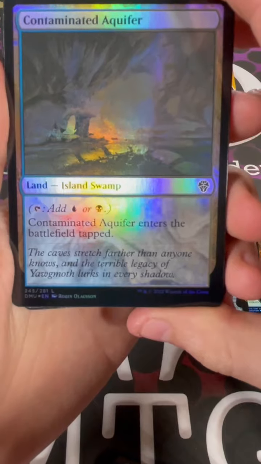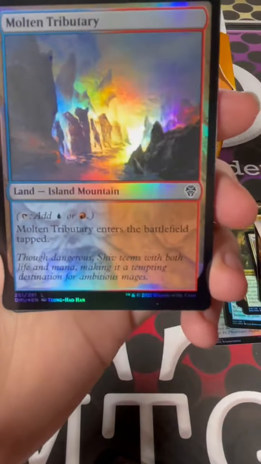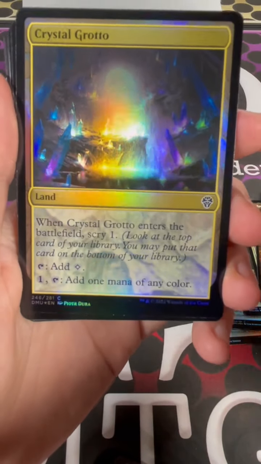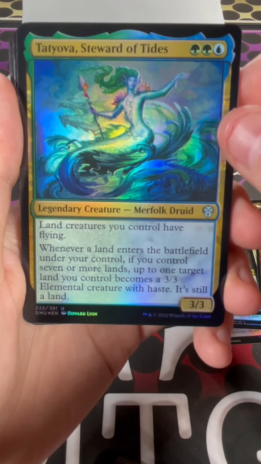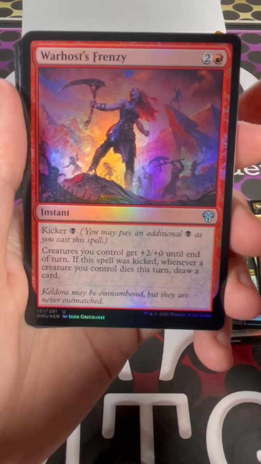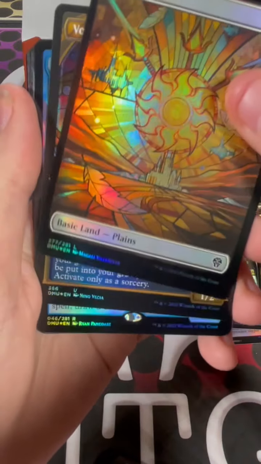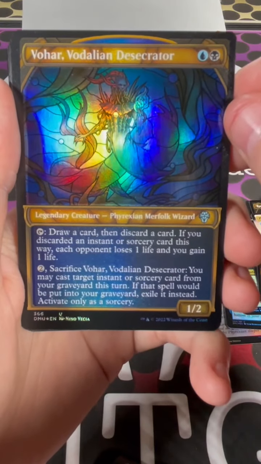We got Contaminated Aquifer, Destroy Evil. We got Molten Tributary, Crystal Grotto, Teoba, Steward of Tides. We got a Warhost Frenzy, Foily Plains. We got Voldian Desecrator,